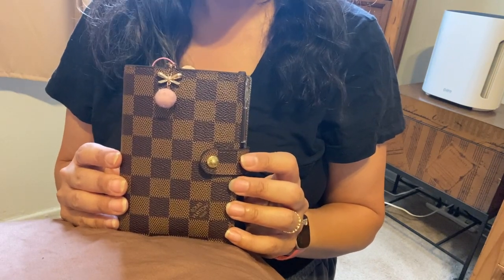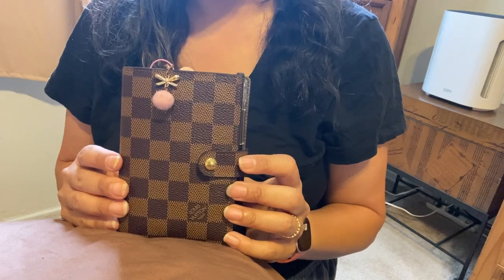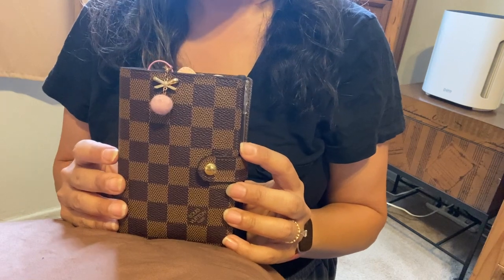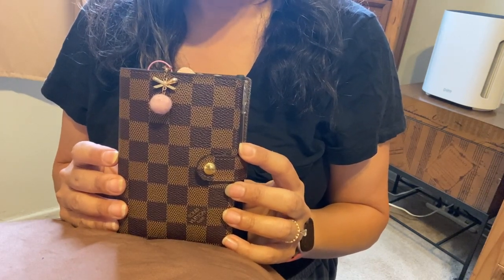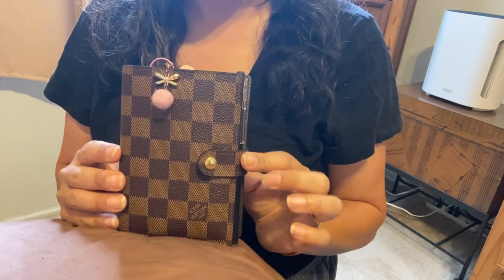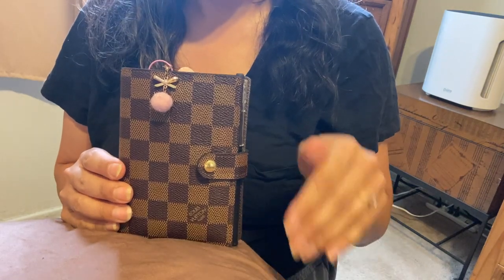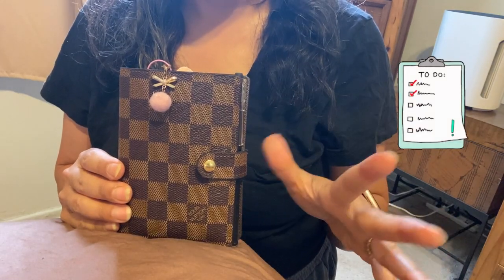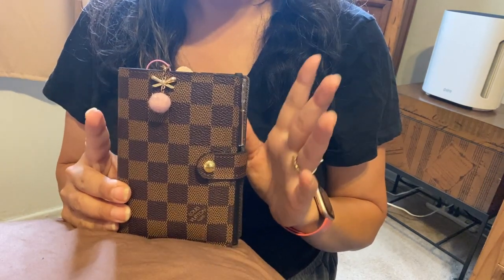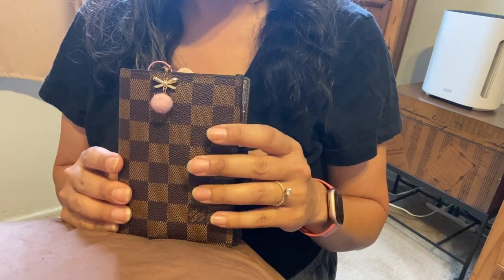And actually, when I've had bigger agendas in the past, and I do use them for other purposes, when I use them as my main planner, which this is, I often feel like it's overwhelming and there's too much going on. I think one of the advantages of a small planner for me is that I'm able to make my to-do list, see my month at a glance, my week at a glance, and also log a few important things. And the fact that it's so portable that I can take it anywhere, in almost any bag, I think